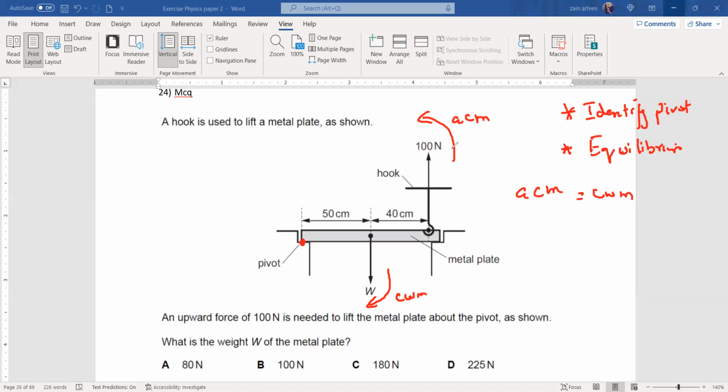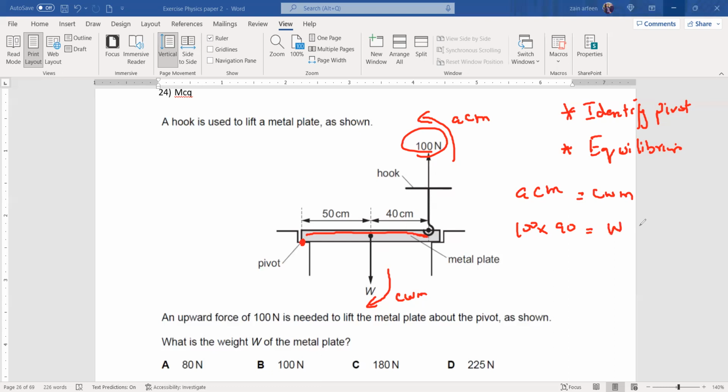So how to calculate a turning effect? It's a force multiplied by distance from the pivot. So this is a pivot and 100 Newton is a force. So how much is the distance between the force and the pivot? That is 50 plus 40, which is equal to 90. And the weight which is acting downward,